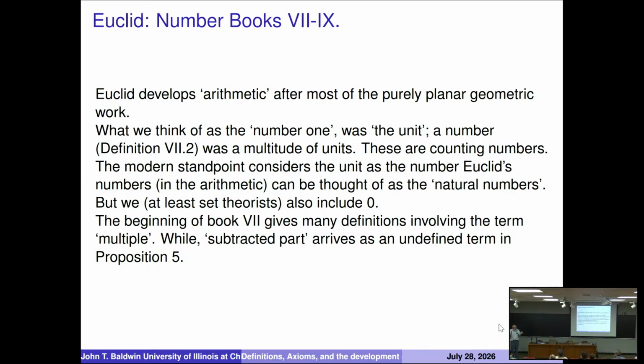And of course, this helps. If you want to count apples, you have to say 1 apple in our language, but the unit is an apple, and if it's bushels, then it's bushels of apples. So the unit is an object of a different type than the things that the countings are the same no matter where you are, but the units aren't. So a number is a multitude of units,